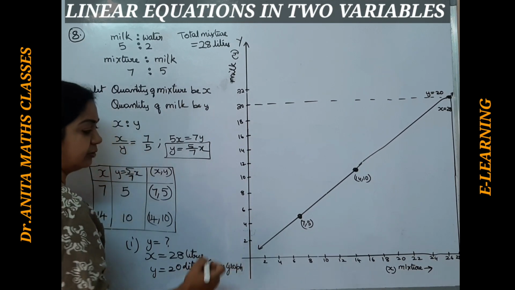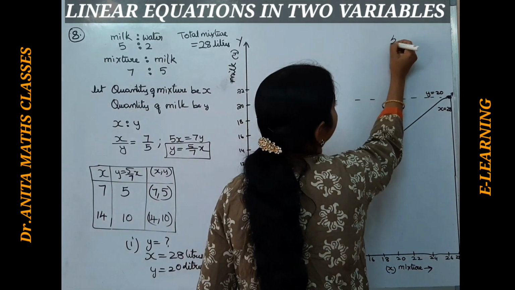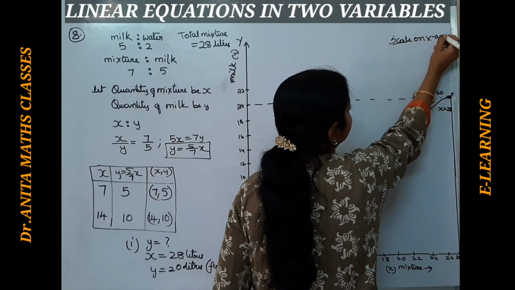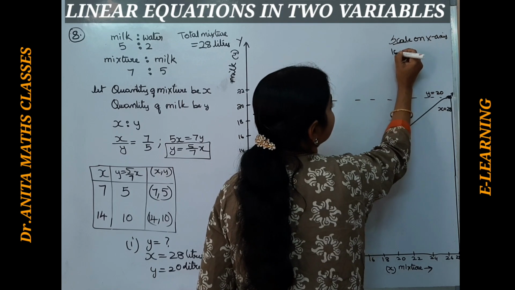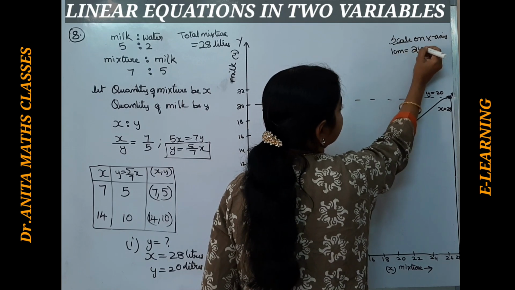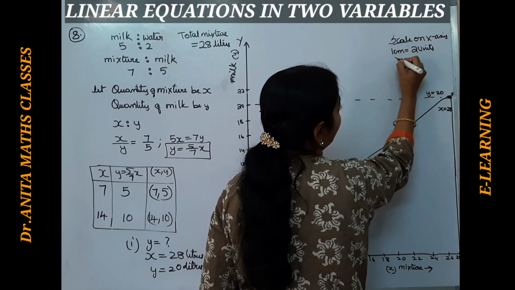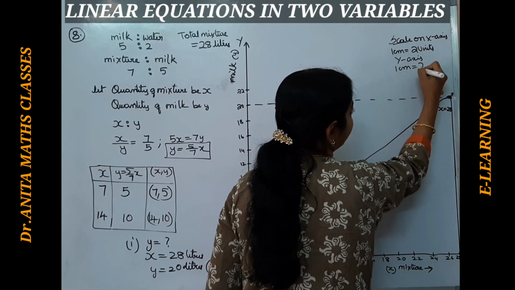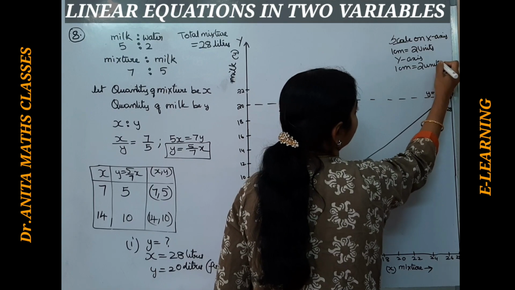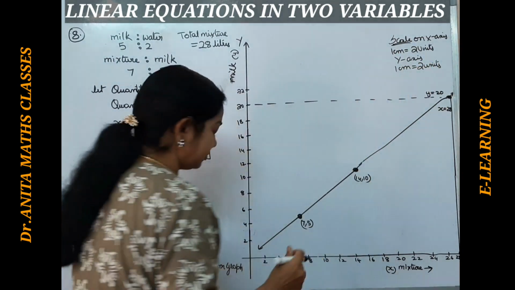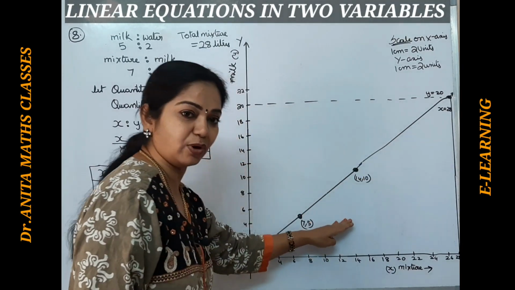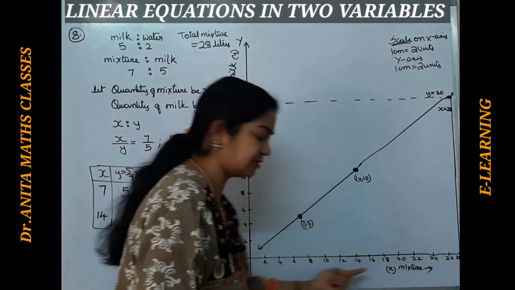Okay, and do not forget to write the scale. Scale we have taken on x axis, 1 centimeter is equal to 2 units, and on y axis 1 centimeter is again 2 units. So do not forget the scale. Hope you have understood here. Here there won't be any slanting like this because this is the board, I could not get it exact. These are all estimated, isn't it?